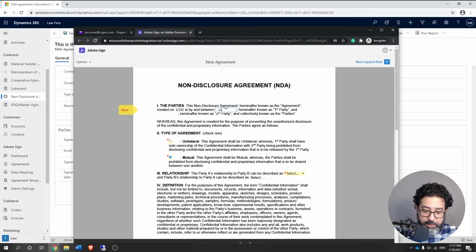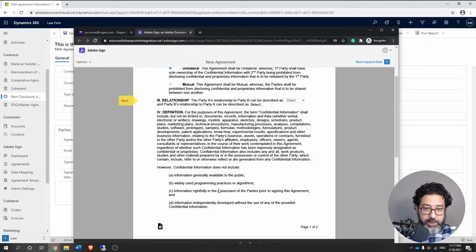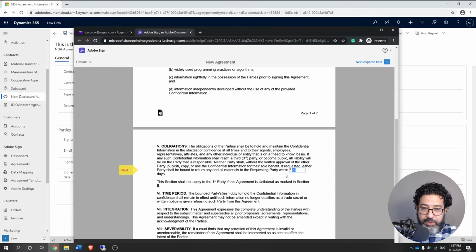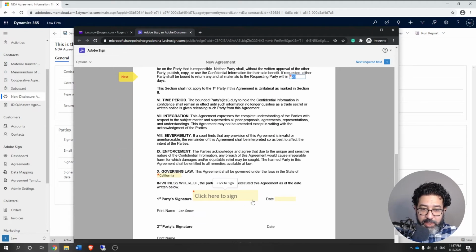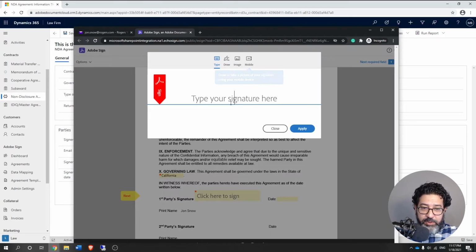And we can fill in this information for John. And he will decide that the type of agreement is different and he's a client. This is 20 days, agreed, California, and he can sign here.